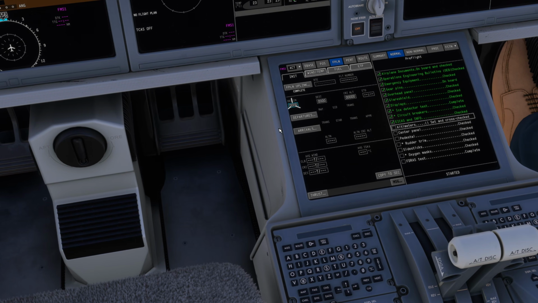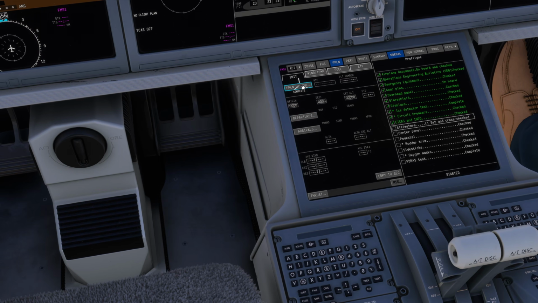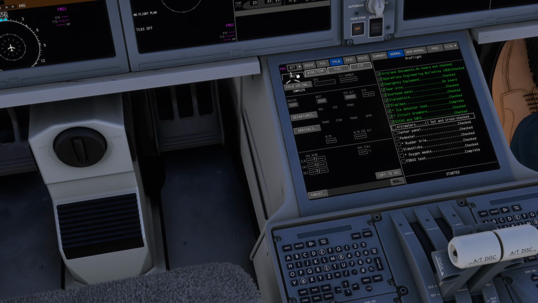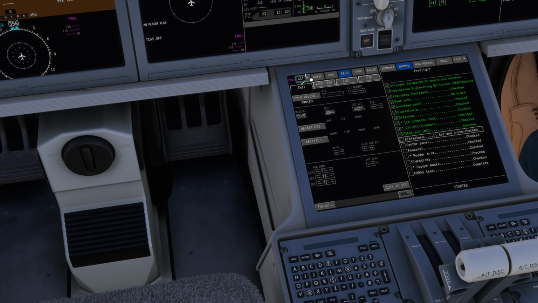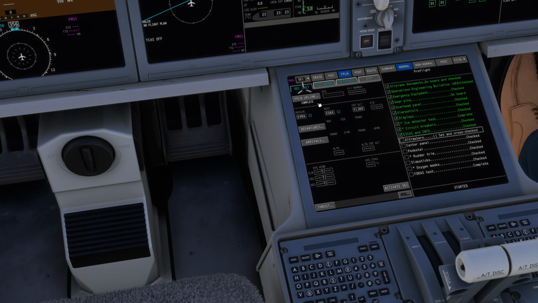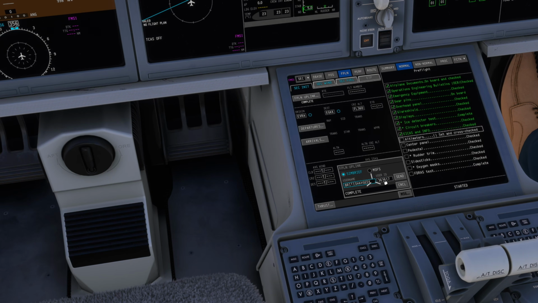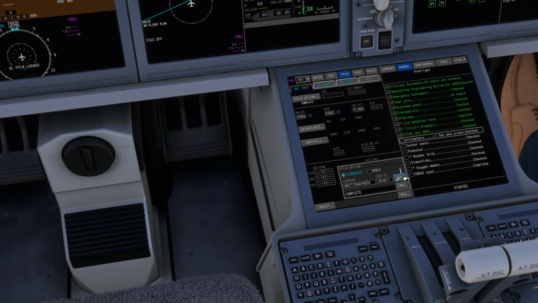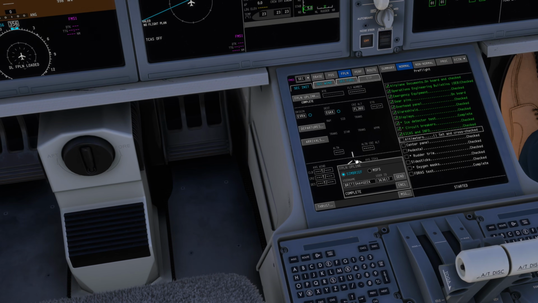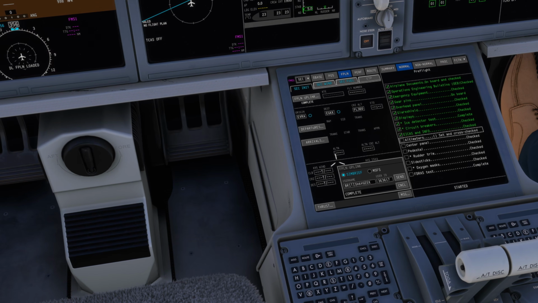So importing SimBrief. You're going to press on the secondary flight plan first. So we're on the top of FMS1, change to secondary, and we're going to go flight plan uplink, and here you want to put in your SimBrief username or ID or both, and you press send. It's then going to load everything up and show as complete. You basically just follow those instructions. Once you've done that,